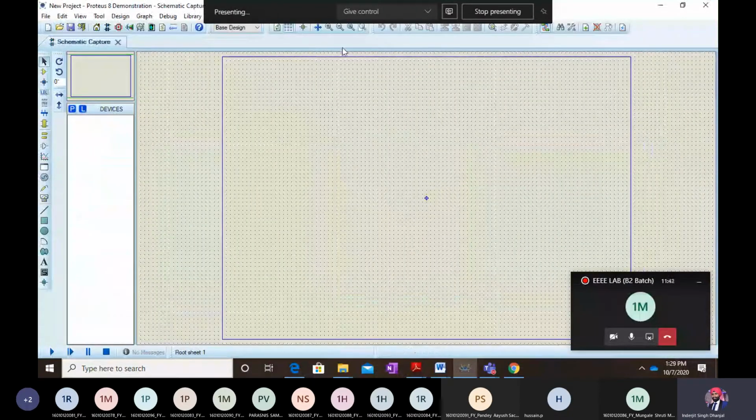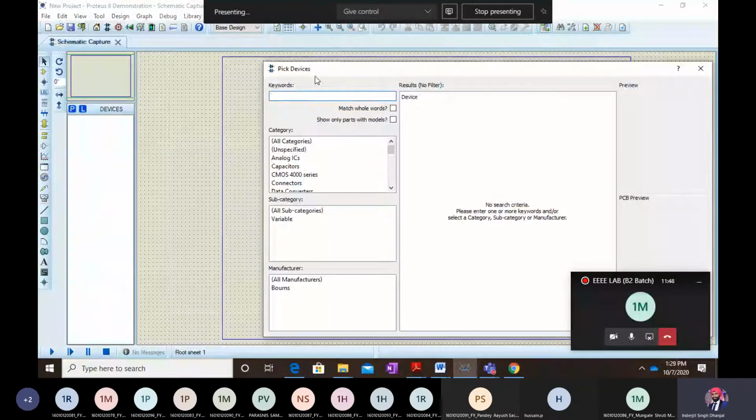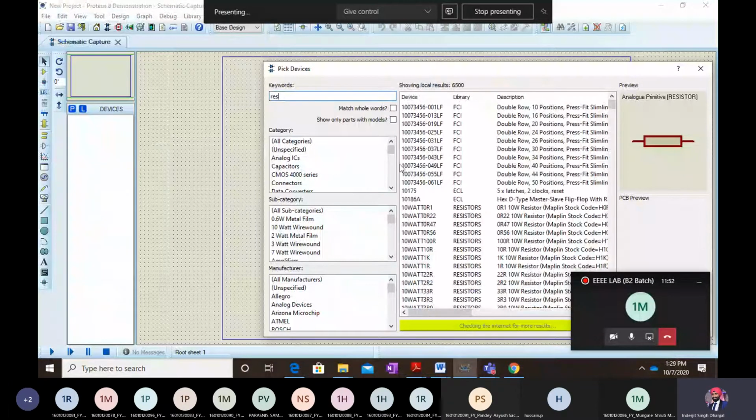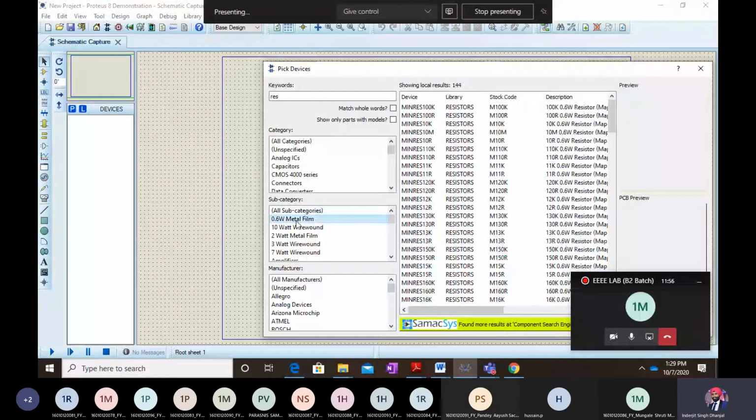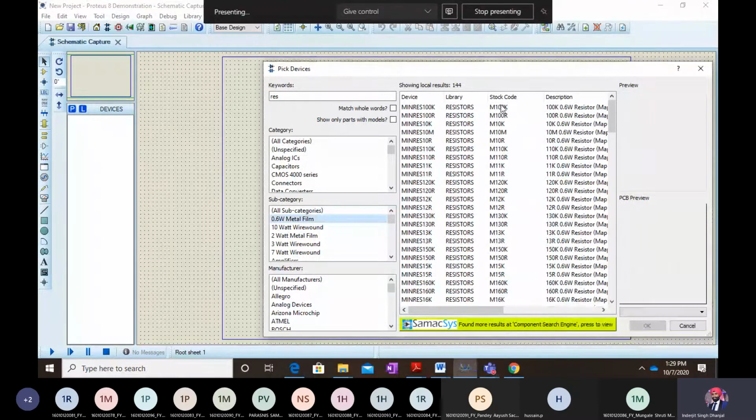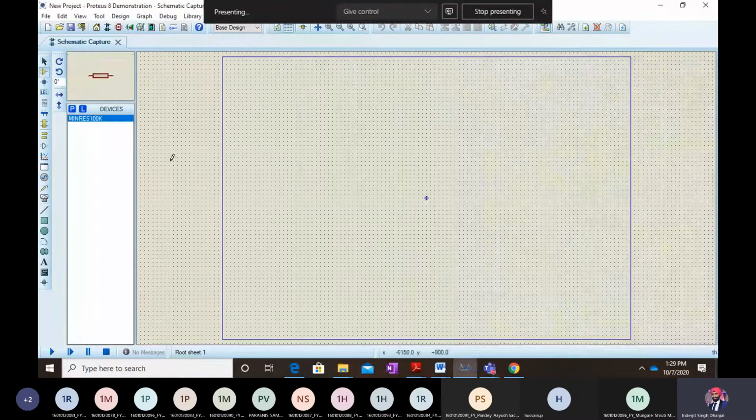Okay, so you will get your working space now. In this working space, you first of all have to select the components from the pick devices. So here you can type resistor. This will be the 0.6 watt metal film resistor. You can select it and click on OK.